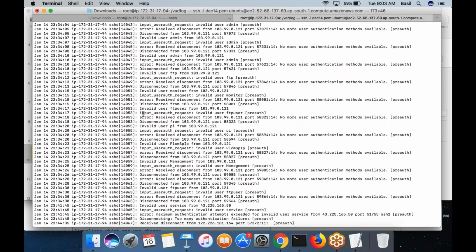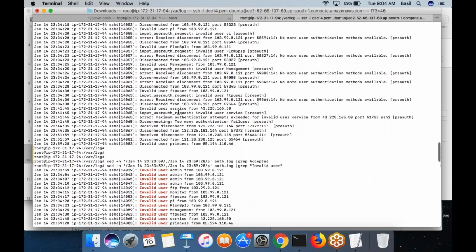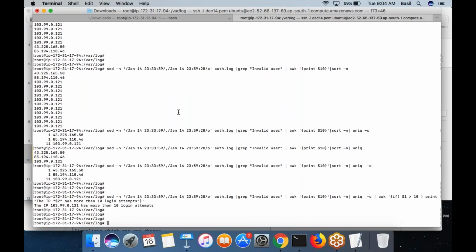People without the key cannot log into this machine, which means it is safe for us. But this kind of attempt would be there on most machines. People on the internet make attempts to connect randomly to many machines. It's such attempts that you see right here in my log file.